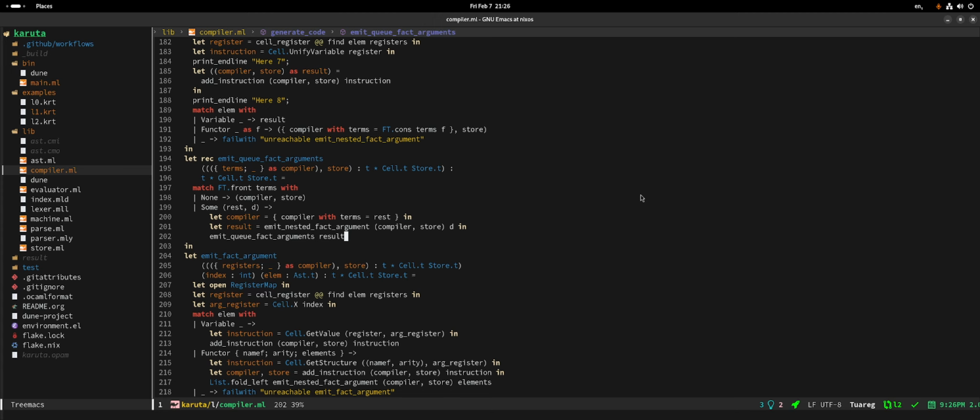That's hard stuff. The function that we need to call inside of the emit q arguments needs to be something halfway between emit fact arguments and an emit nested fact argument.